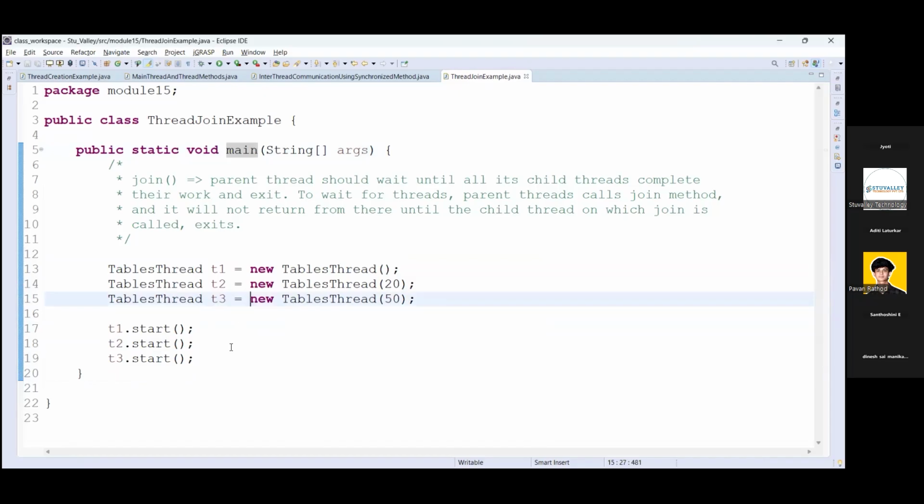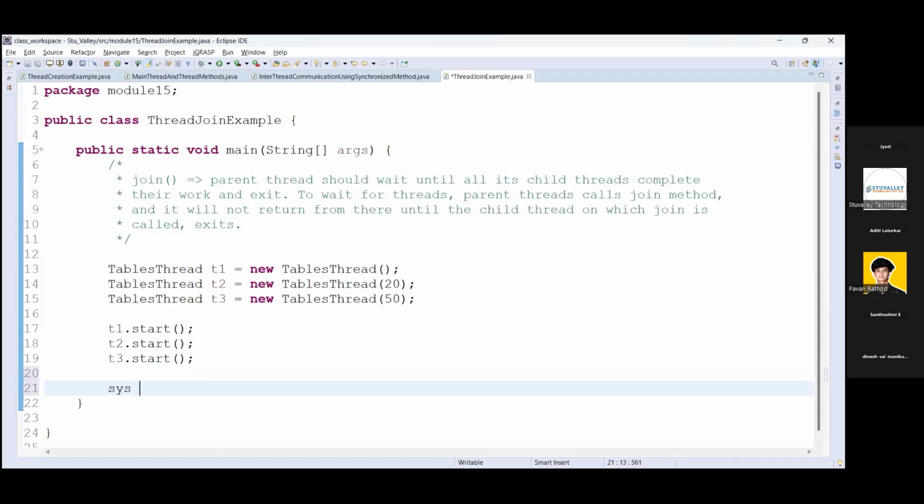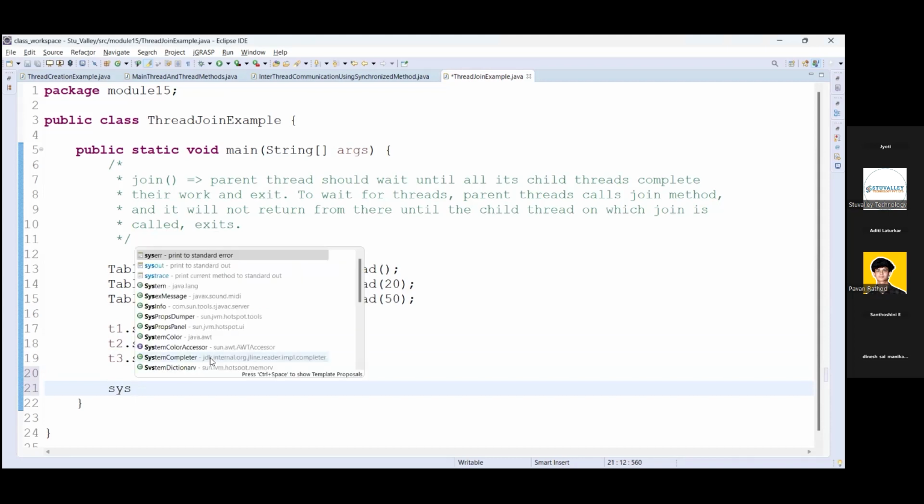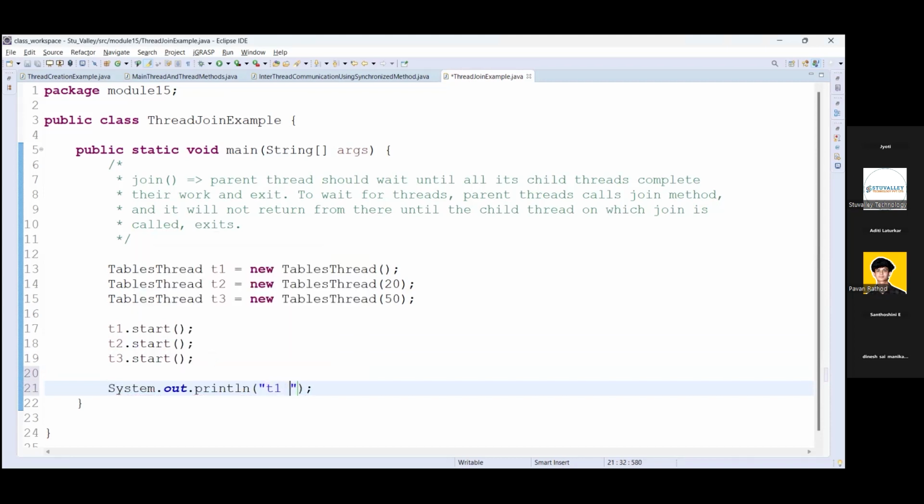To see the output, first we will see whether these different threads are alive and whether they are currently executing. So we will first display System.out.println T1 is alive.